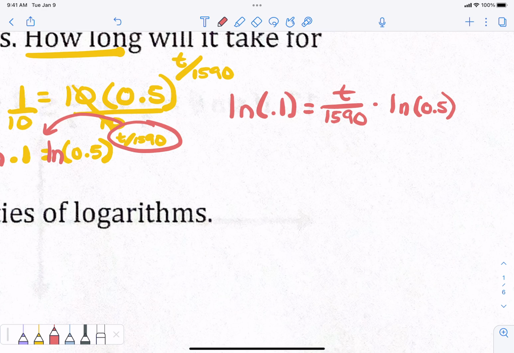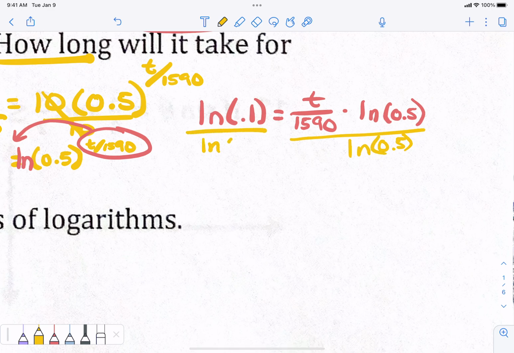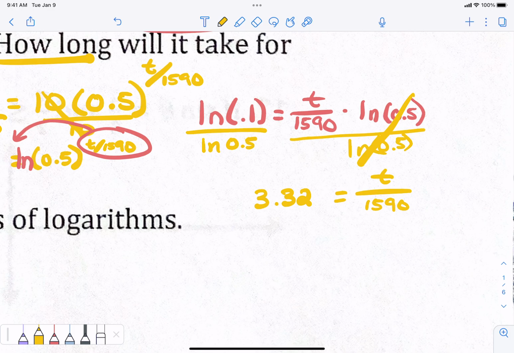Now what can we do? Divide by ln of 0.5 to get that ln out. Now do that real quick. ln of 0.1 divided by ln of 0.5 equals T over 1590. Make sure you close your parentheses on the top. That gives 3.32. And then to solve for T,